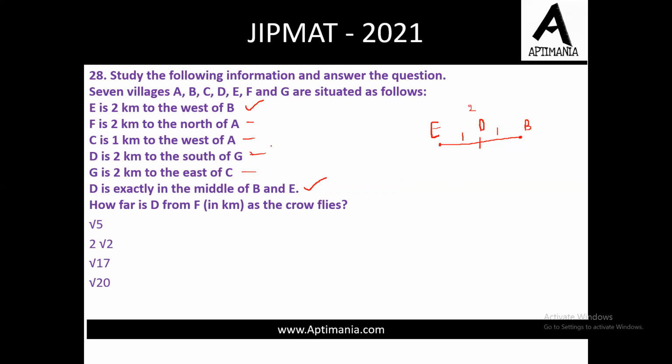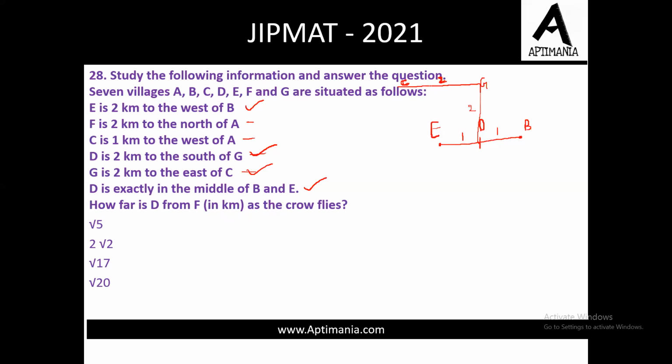अब हम D से रिलेटेड कोई स्टेटमेंट उठा लेते हैं। D is 2 km south of G. तो G के साउथ में है D. This is 2. अब G से रिलेटेड उठा सकते हैं हम, G is 2 किलोमीटर ईस्ट ऑफ C, तो C must be here, then यहाँ पर C आ जाएगा, ये 2 किलोमीटर हो गया, ठीक है।